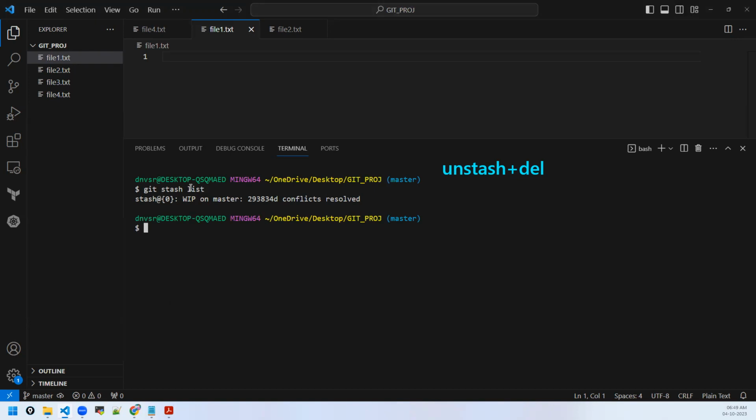Okay, so git stash list. Here you can see the stash number again. Okay, again it was same. Now, how do you unstash? Pop, or else there is another way to unstash, which is called stash apply. What does this do? This also unstashes,